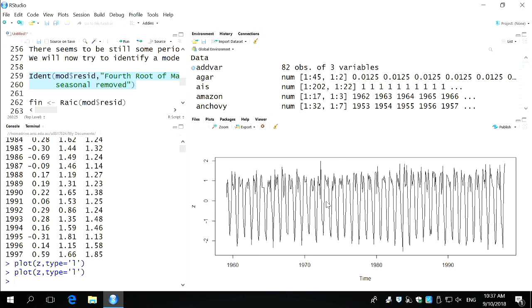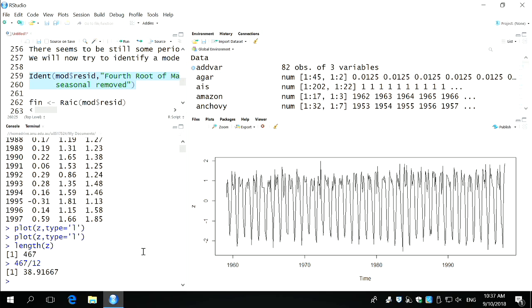There. So you can still see there's still highly regular behaviour here, right? Again with frequency 12, okay? So what's the length of Z? 467, okay? 467 divided by 12 doesn't quite go, right? Reason? I used to have 39 full years of data. Now I've got one less than that because when I take differences, the first one disappears, right? So when I set up my seasonal factor for this, I'm going to have to take that into account. Okay? So let's use H equals STL of Z, S dot period